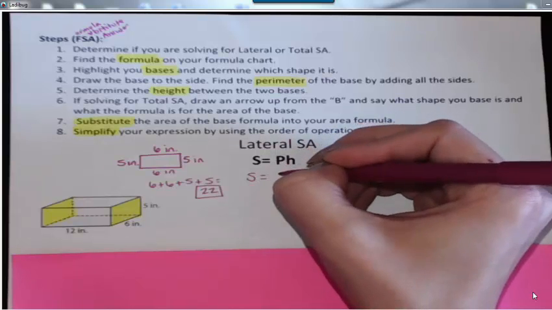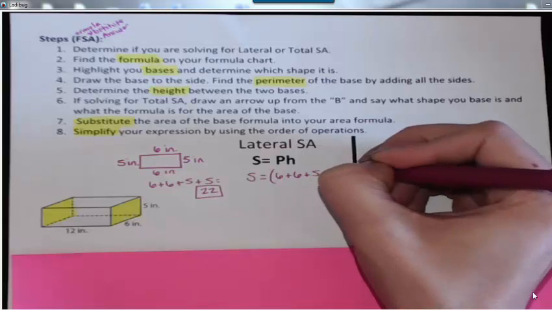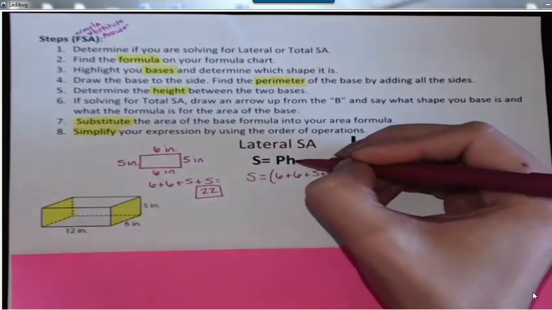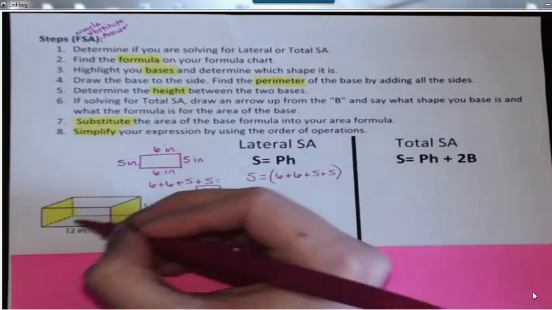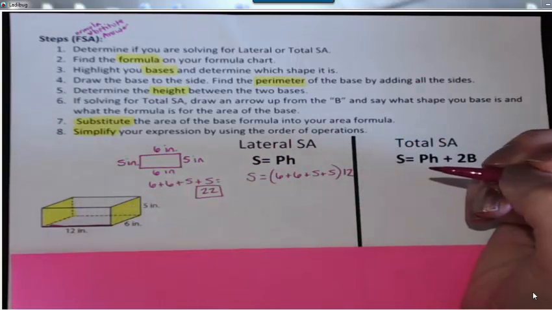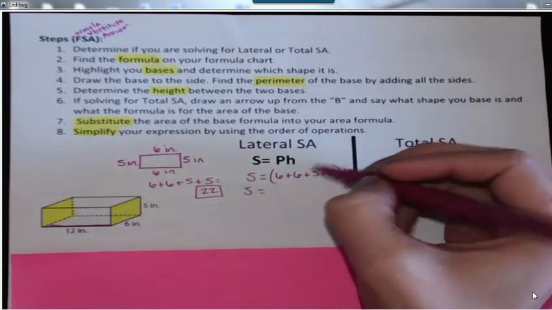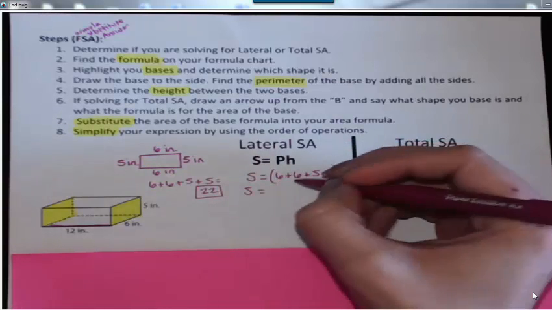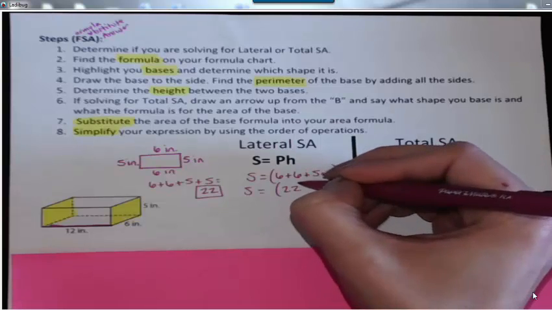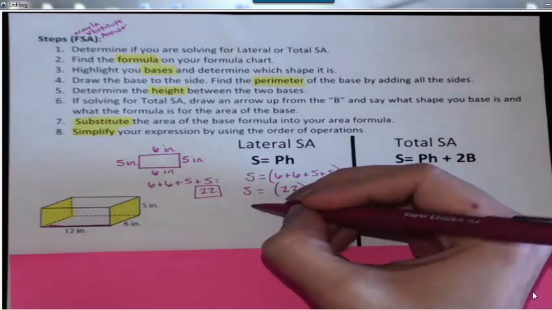S is equal to the perimeter, which was 6 plus 6 plus 5 plus 5. And the H represents the height, so the height between the two bases, which in my picture is labeled as 12. So now, using the order of operations, I already have started it for you, but 6 plus 6 plus 5 plus 5 is 22. And then since there's no sign between these two numbers, I know I'm multiplying, so 22 times 12 is going